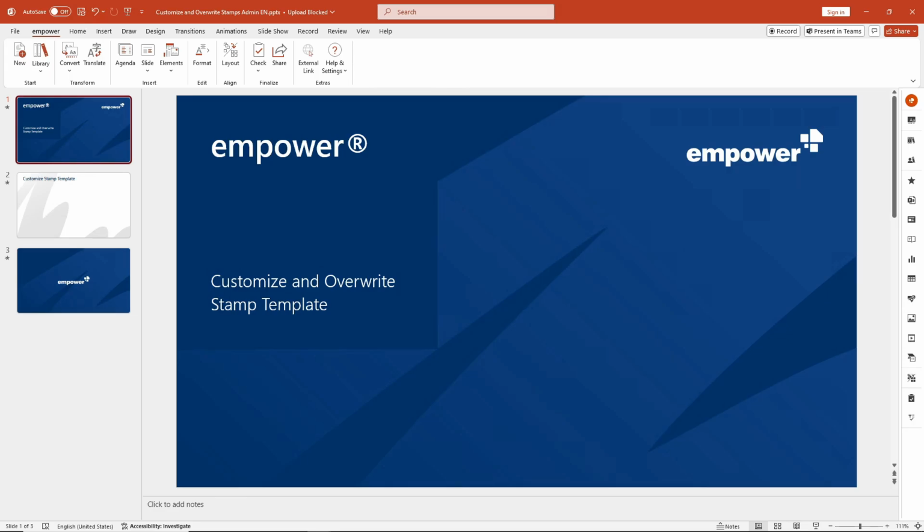In this tutorial, I will show you how you as an admin can change and overwrite stem templates to customize the stems available to your users. The Empower feature shown here should also be integrated into future versions of Empower and in some cases already in older Empower versions. To customize the design of the stem template, you need to download the stem template from the